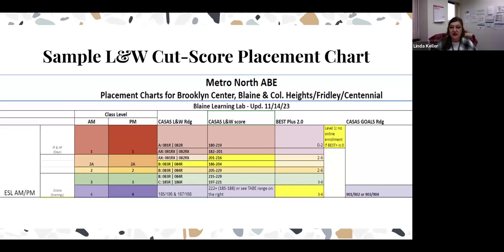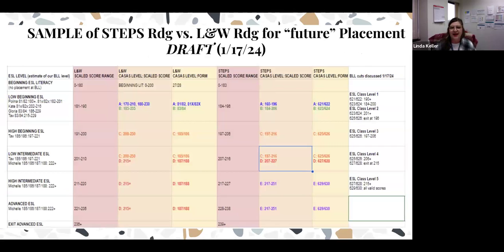And again, this is the life and work chart. It shows the ranges to get and move out into the next level of class. So with the next slide that I'm going to show, one of the things that we did last week after a very large all-site post-testing session, we had life and work scores in SID records for reading, and we also had STEPS reading tests. And what our staffing did here at the Blaine location was that we looked at the amount of people who placed into specific test levels and ranges to do some provisional updating of our placement scores